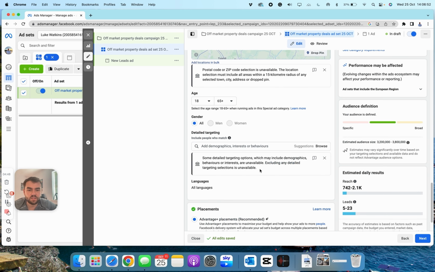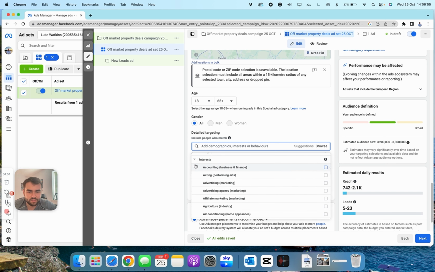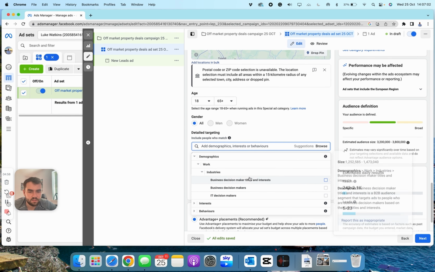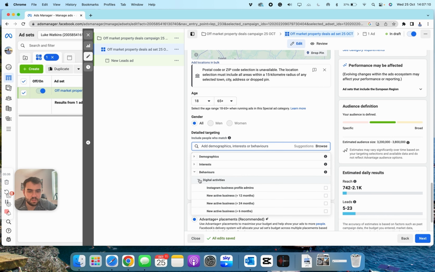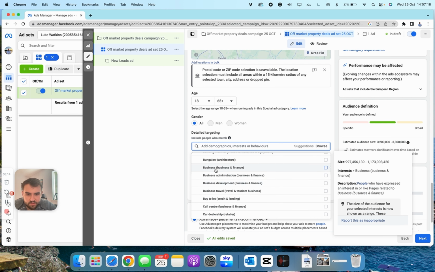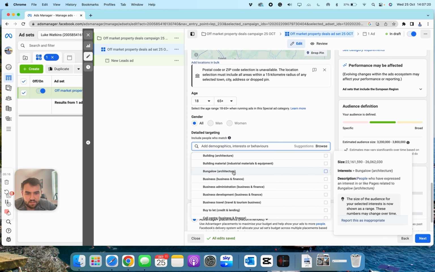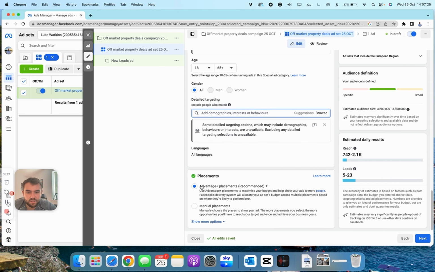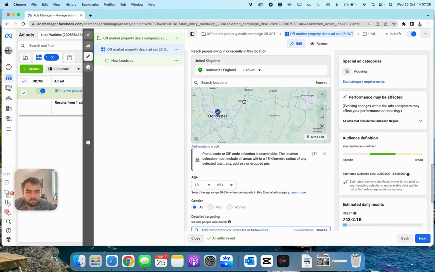So we can go into detailed targeting a little bit. However, not sure if any of this is relevant. You can only choose, these things aren't particularly relevant. Behaviors, yeah, this is not relevant for us. Interests, we might have a bit of interest. However, I would probably just keep it blank, to be honest. And what I would do is use Advantage Plus, just because